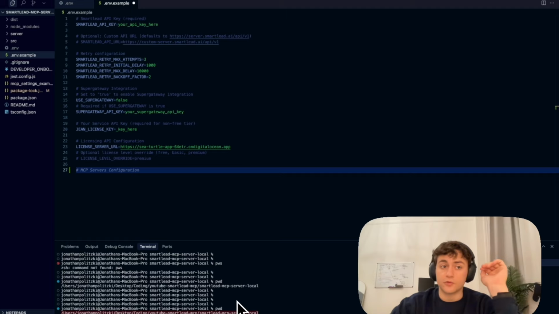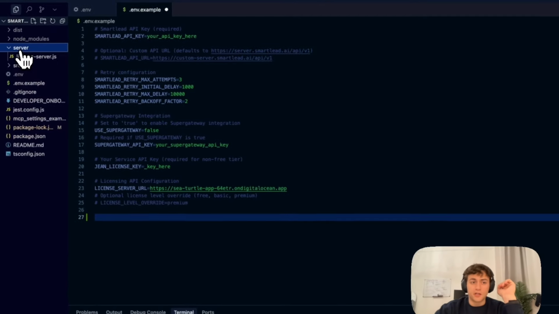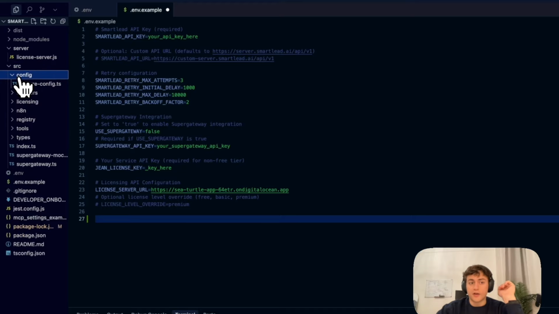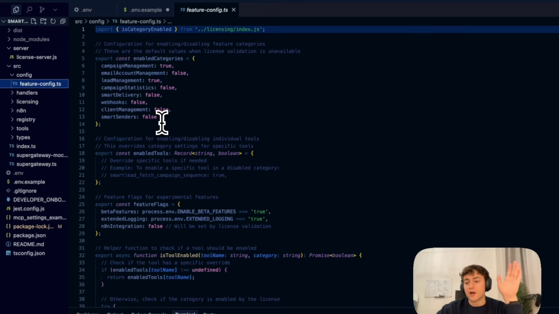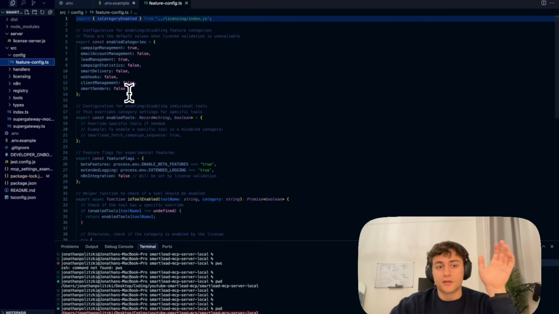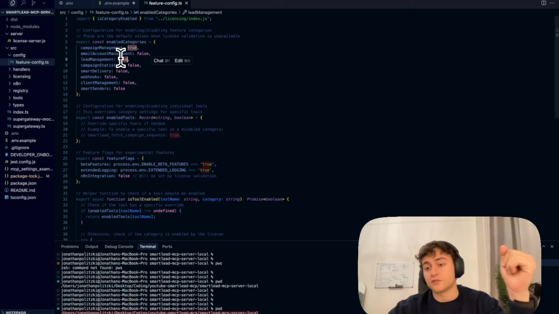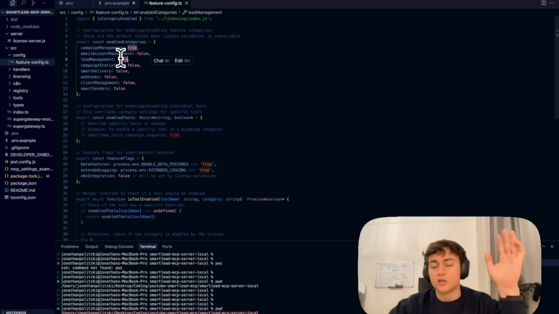Okay, so now we've got this successfully running on Claude. That's great. That's very helpful. And even if you want to do some toggling of what you have access to, you can see in this config file right here. The reason that not all of the tools are showing up is because I've only marked true here for campaign management, for lead management. If I marked all of these true, there'd actually be a surplus of 60 tools that we'd have access to, but just for the simplicity of this video, I wanted to keep it kind of distilled down to some more